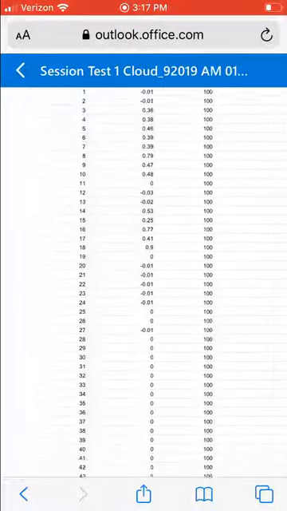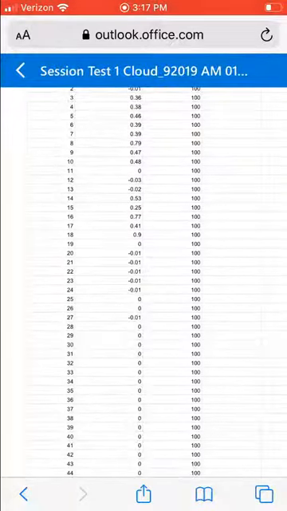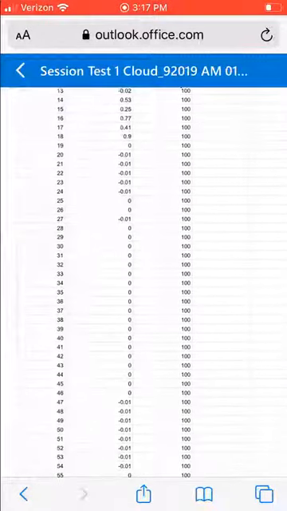As you can see, the app gives you a variety of options to share the data in the field, therefore saving time, money, and ensuring a valid test result with date and